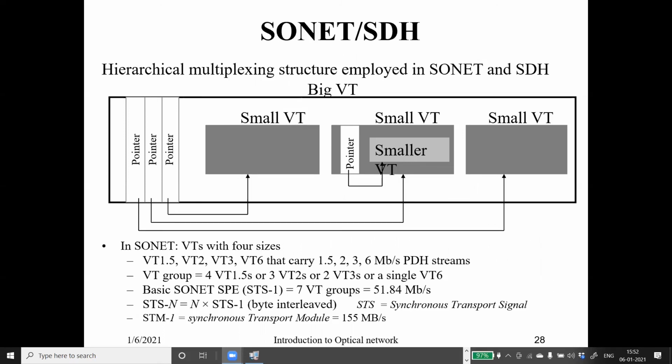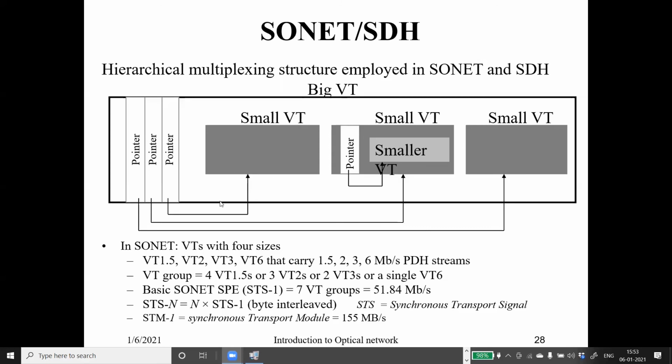Now, I talked about virtual tributary. I told you that you can think of a virtual tributary as a big shelf, and on that you have a smaller shelf where you can place your small books, some similarly sized books. This is how multiplexing is taking place in your SONET. Our one frame was 51.84, of which the user information was some 46 point something. So we have divided that frame into smaller sub-frames so that I can accommodate the smaller information.